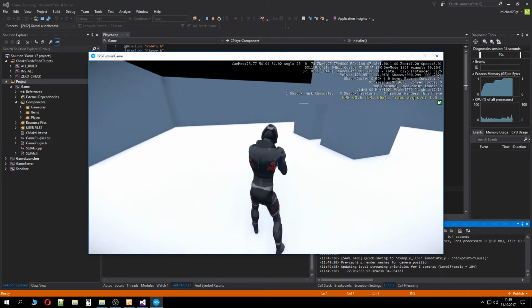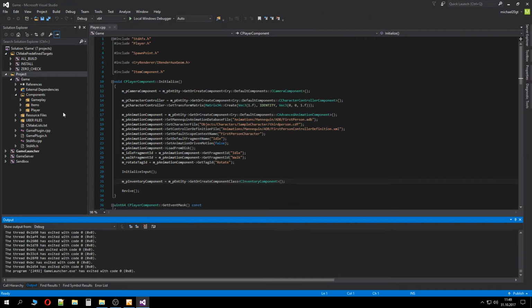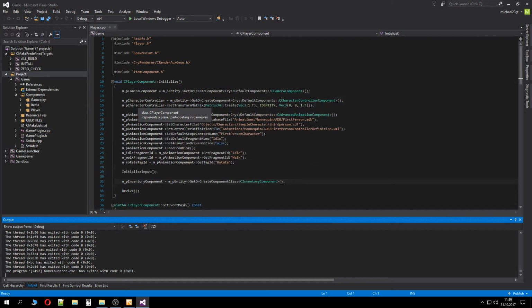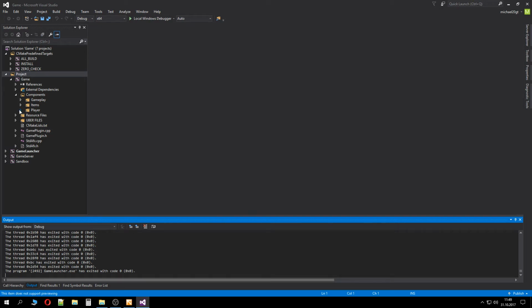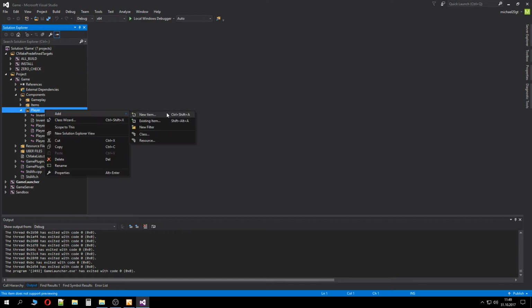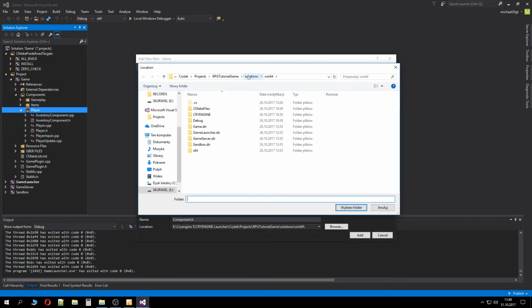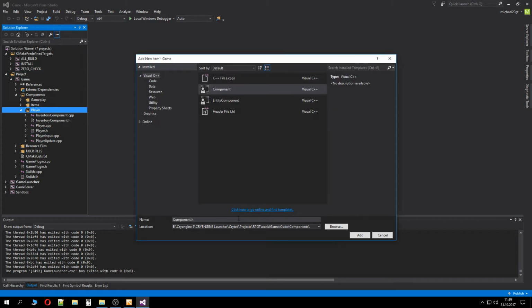Alright, so we had these items to pick up. I'm gonna get right into this. So we're gonna go see where the player files are. We're gonna do add new item, component, RPG code components. I'm gonna call it